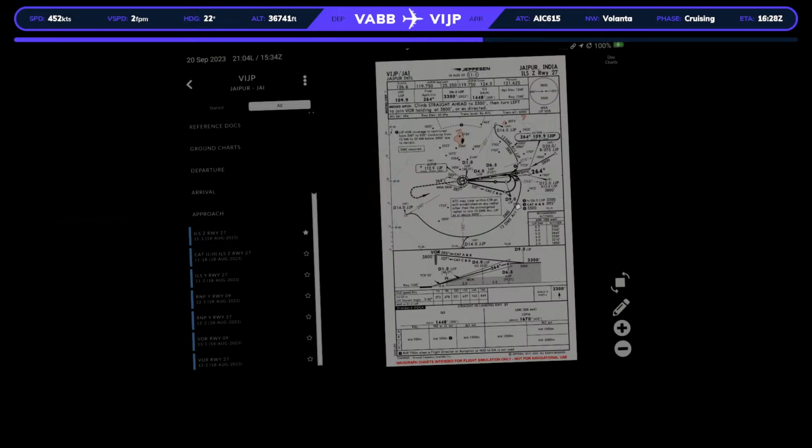Once we do cross the point at 4, which is 1 at this point, so hard to find. There, 4, 3300. So once we do cross